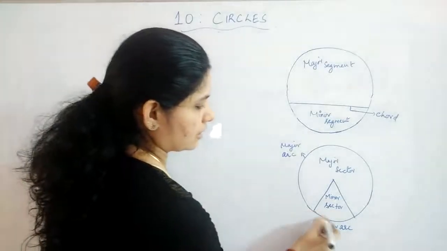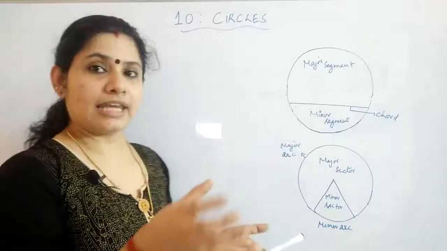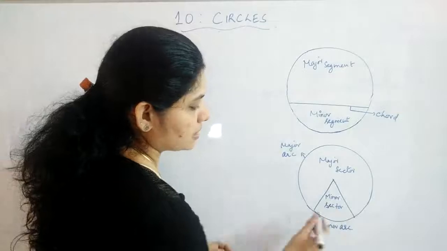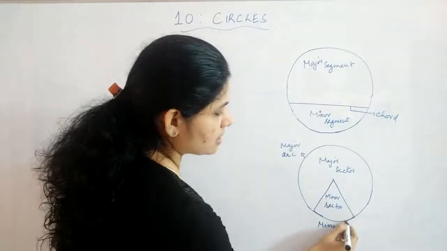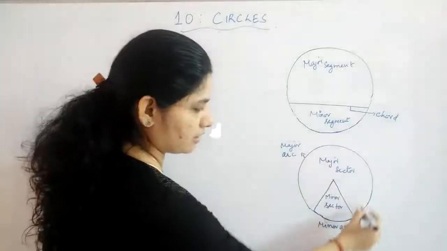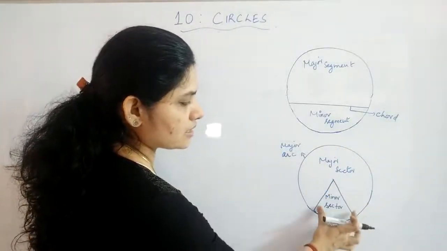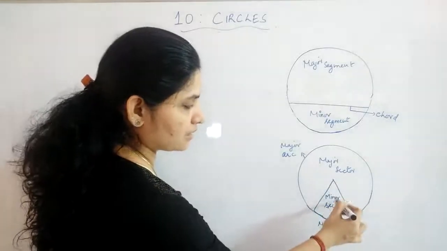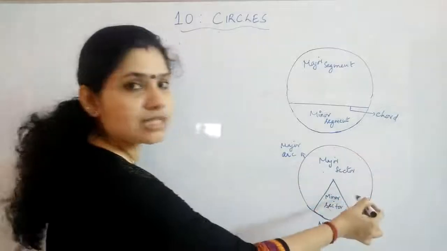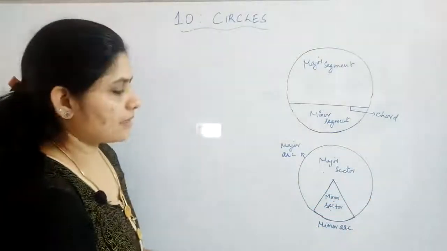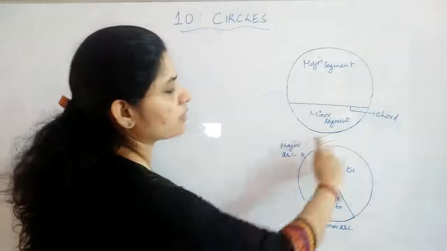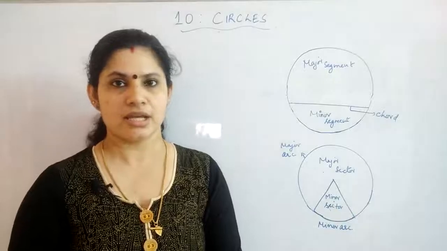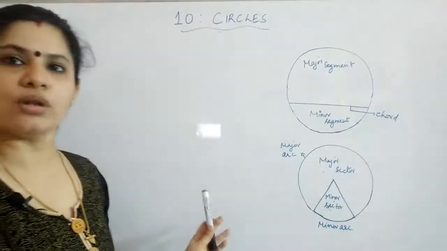This one is an arc. That means when you cut a cake piece from a cake, the shape in which you are cutting, this shape, this is your arc. Here you can see one arc, and this is again an arc. So two radii in between, the portion is a sector, and this is also a sector. The bigger one is the major sector and this one is the minor sector. Again, this is the minor arc, which means this one will be the major arc. These are the concepts which you have already studied in your earlier classes. Okay, so this was just a recap of all those things.